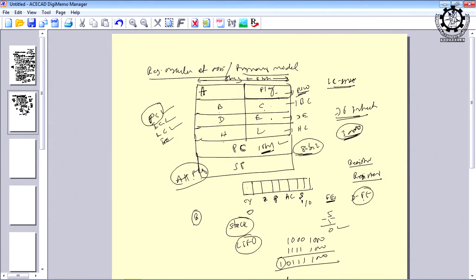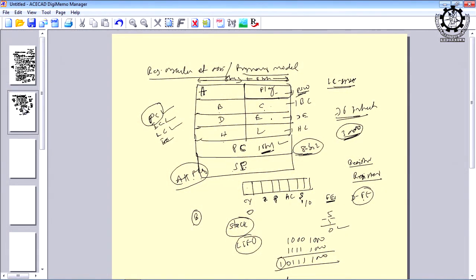Similarly, stack pointer is a register which will hold a 16-bit address to keep track of the top of the stack. Whatever the top of the stack may be, it means a 16-bit memory location address. As I told you, we will be dealing with the physical stack. A part of the memory, out of the 64 kilobytes, you can define a few locations as a stack, and you can mark that this is the bottom of the stack, and you can control the top of the stack by using the register stack pointer.